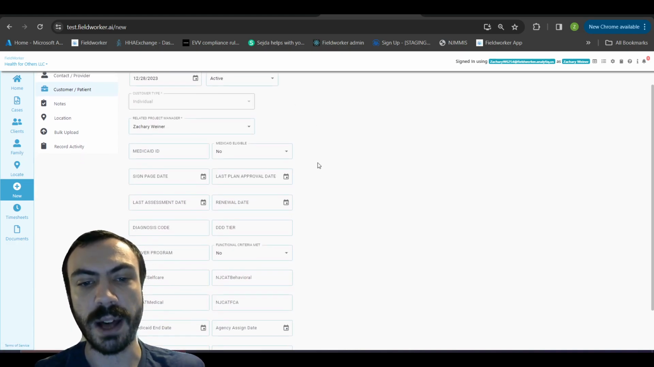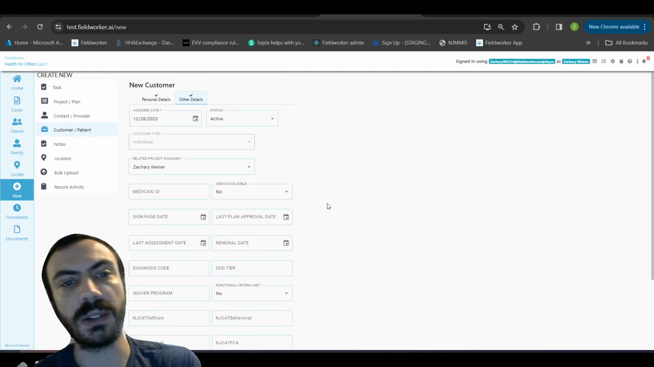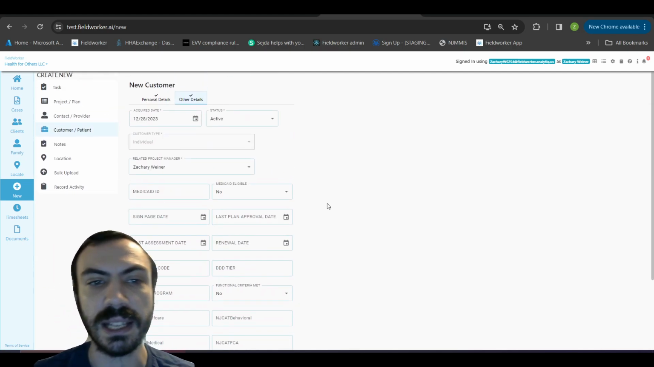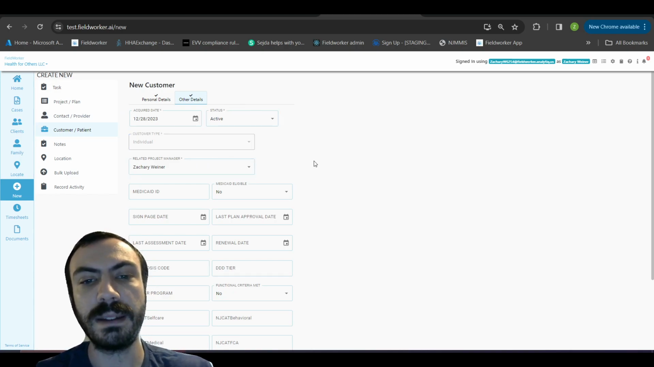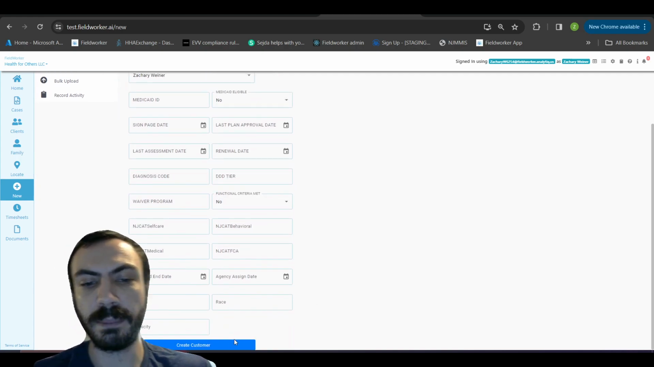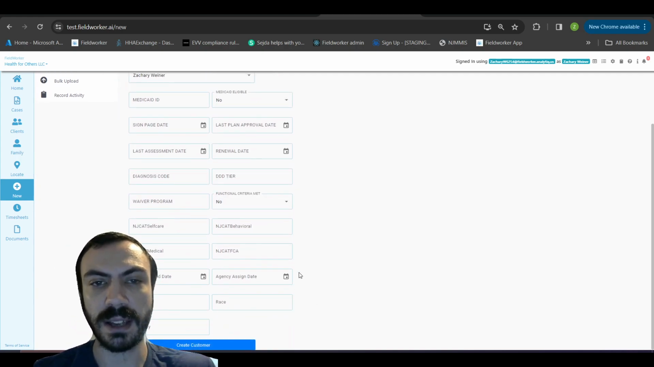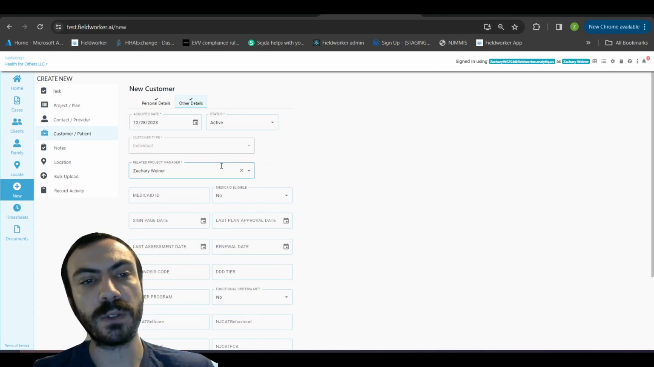Other details, so other key identifiers. Some of this is optional information. The only areas where it is not is the acquired date, status, and related project manager. Once filled in, you can then click on the bottom here where it says Create Customer. Once completed, you'll then move to create a